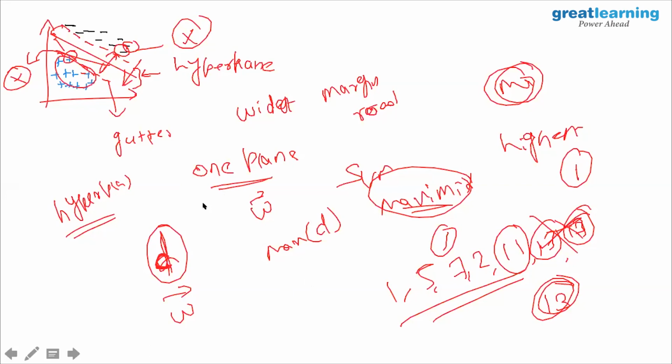Exactly. Now, looking at this particular data, I will be able to say with some confidence that only one hyperplane can exist here for this particular data. Correct. Even if a second one does exist, say I draw another hyperplane like this, this hyperplane is unlikely to have the same distance or the highest distance between the two classes. You agree with me? Yes, in this case. So this line is unlikely to have the distance.